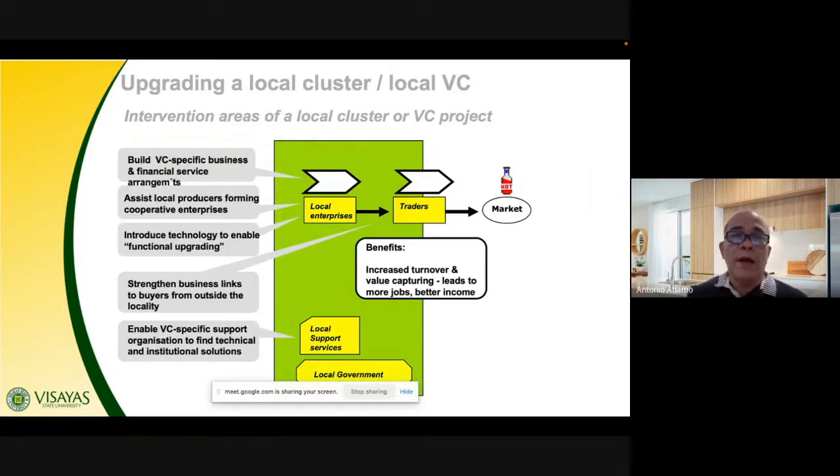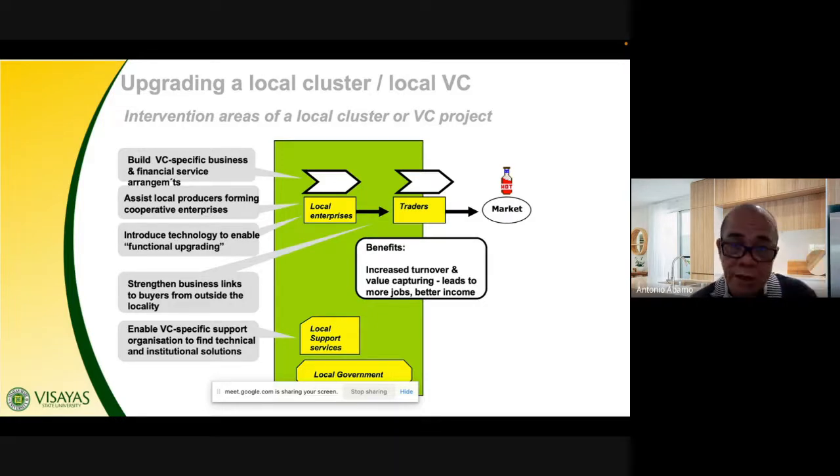Now, upgrading a local cluster, call it also that, upgrading would mean how we can improve, particularly a value chain cluster, by certain upgrading. Now, when we improve, we need economies of scale or economies of scope. Now, the value chain analysis can answer that. Which one is more profitable? Are you going to produce volume of the same product, or are you going to produce diverse products using the same raw materials? That could be an object for value chain analysis, looking at the profitability of